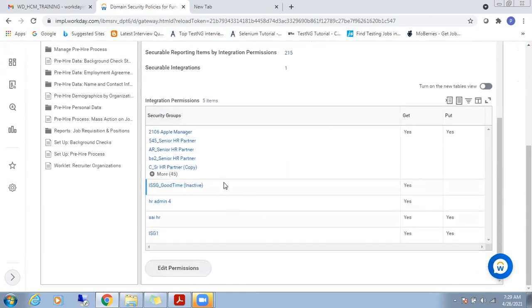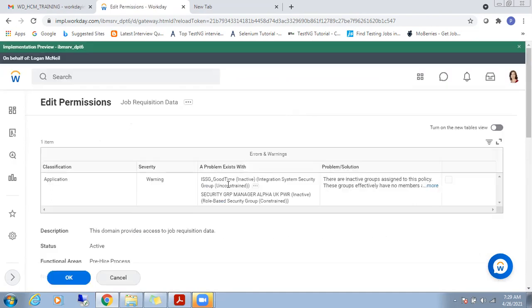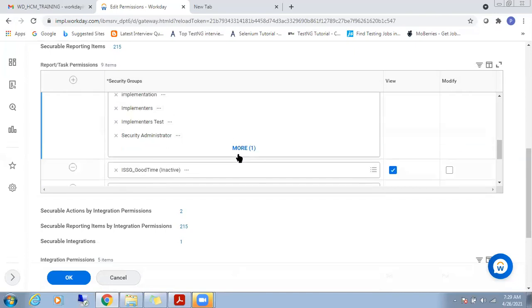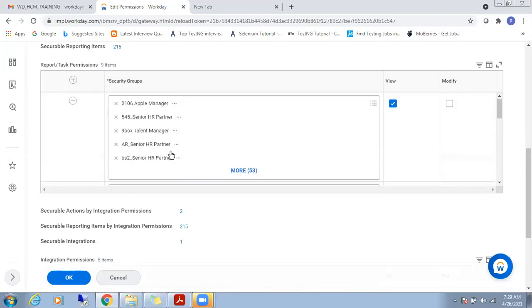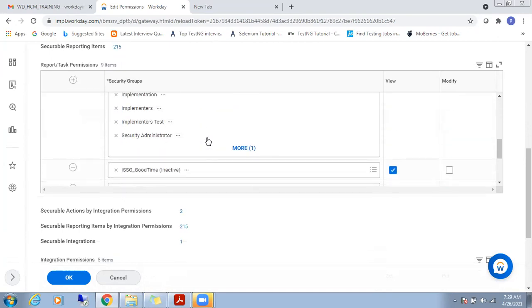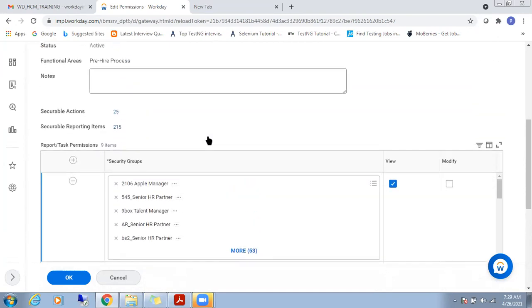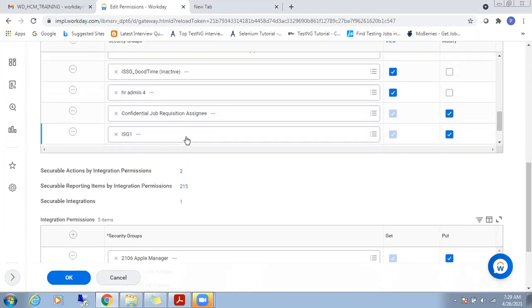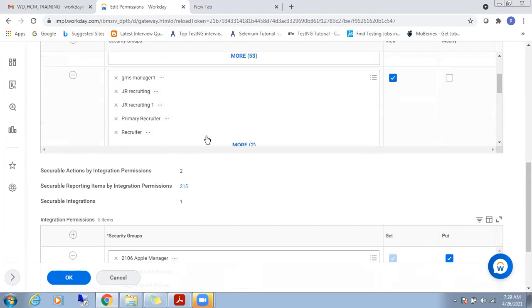We can directly click here, or we can do it that way. Edit permissions. If you want to add any users for view access, then you can directly add here. Let me show you that.